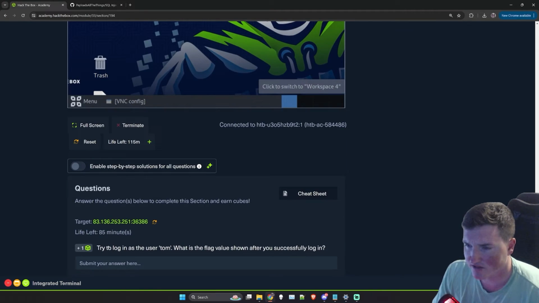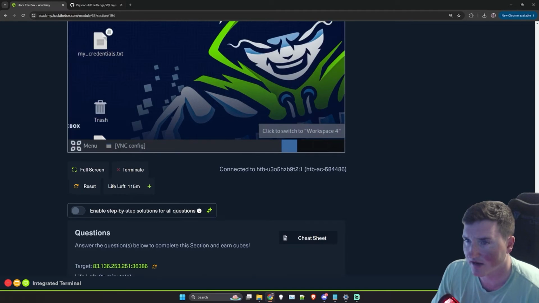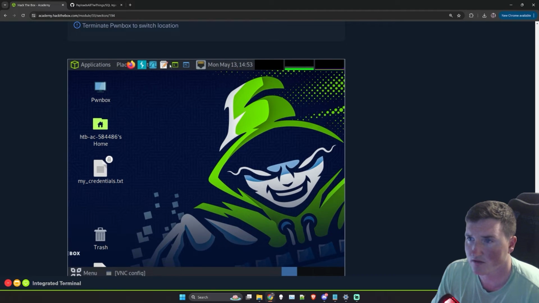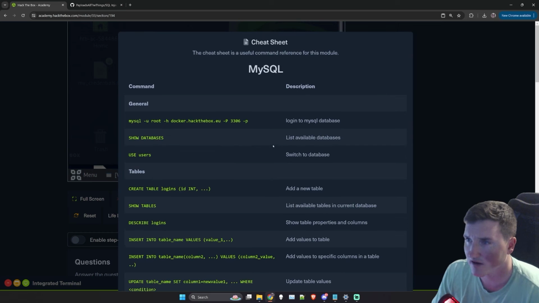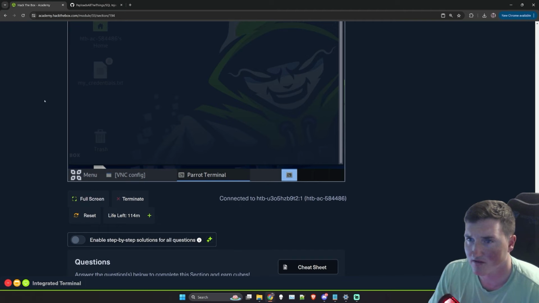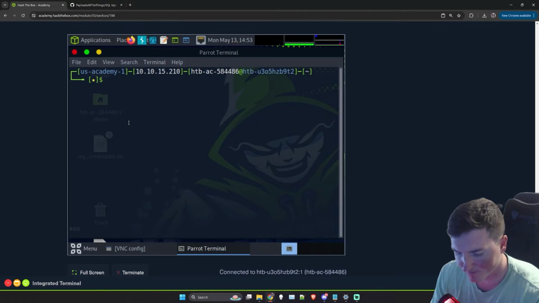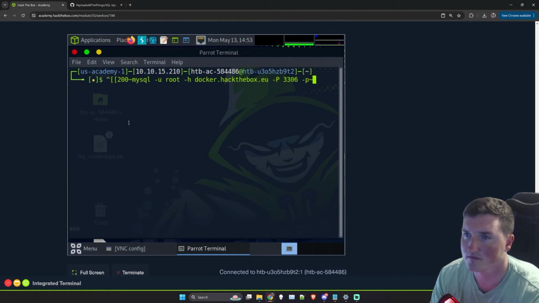Okay, so now try to log in as the user Tom. What is the flag value after you successfully logged in? One thing to do, just FYI, they have this nice cheat sheet here. It's very nice. An easy way to do this is to just save or copy this so you don't have to do it again. Go here. Now, we just have to change